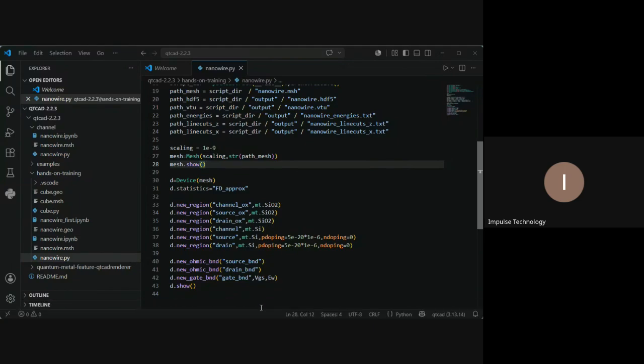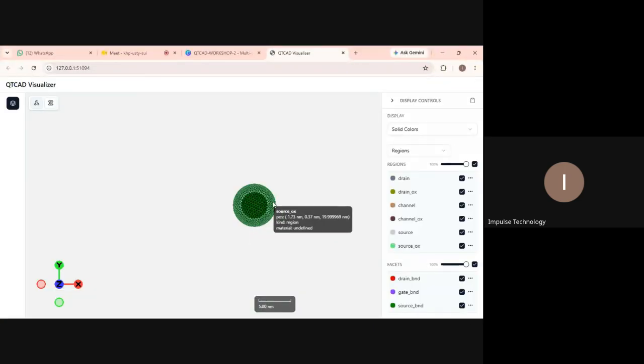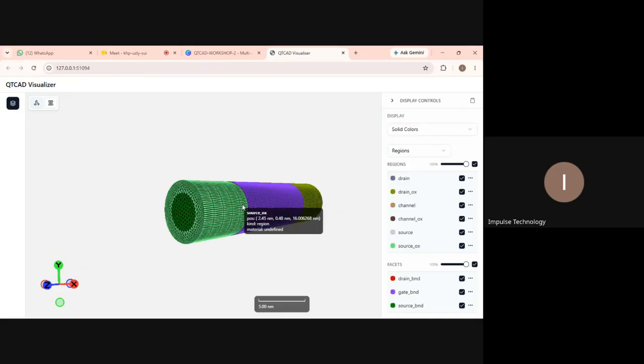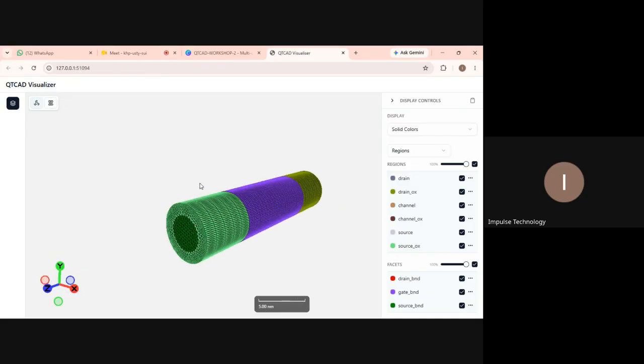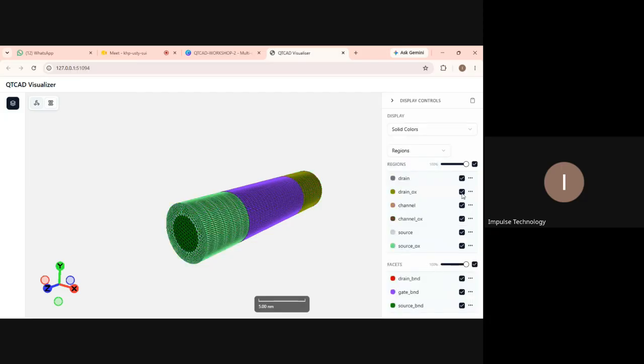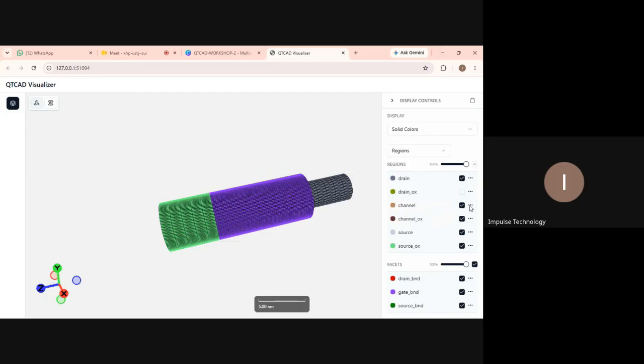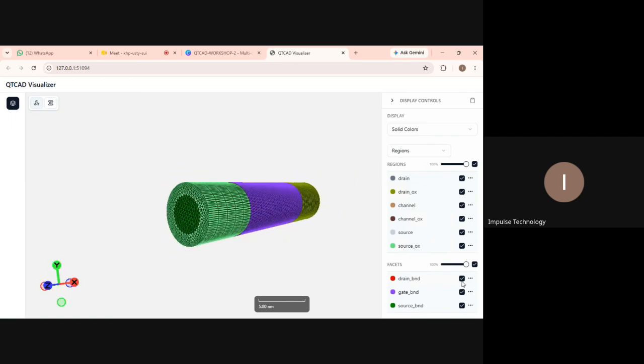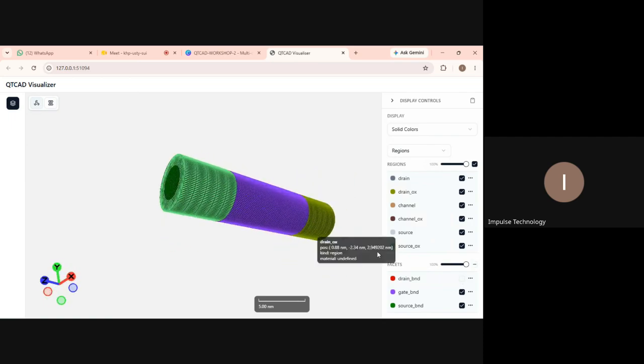Is the structure showing in the visualization on your system now? You can see in the QTCAD visualizer directly the drain, oxide, and channel, and you can see the material and the region here also. If I uncheck this, you can see this one is a drain oxide, and in the same way the source oxide also. You can check the drain band and the source band also. Once I close this,